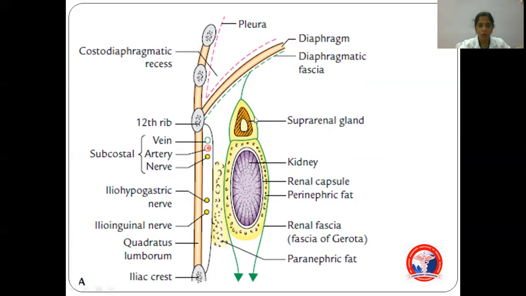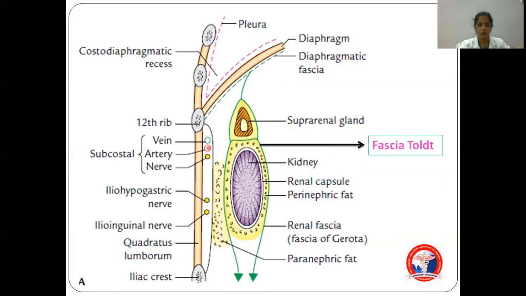When you trace this above, this encloses the suprarenal gland and it is attached to the diaphragm through a suspensory ligament. When you trace it below, they won't fuse, they are separate, they merge with the extraperitoneal connective tissue. Okay, so these are the tracings of the renal fascia above and below. Above it covers the suprarenal gland and it is attached to the diaphragmatic fascia through the suspensory ligament. Below, the fascia won't fuse, it just goes separately and merges with the extraperitoneal connective tissue.